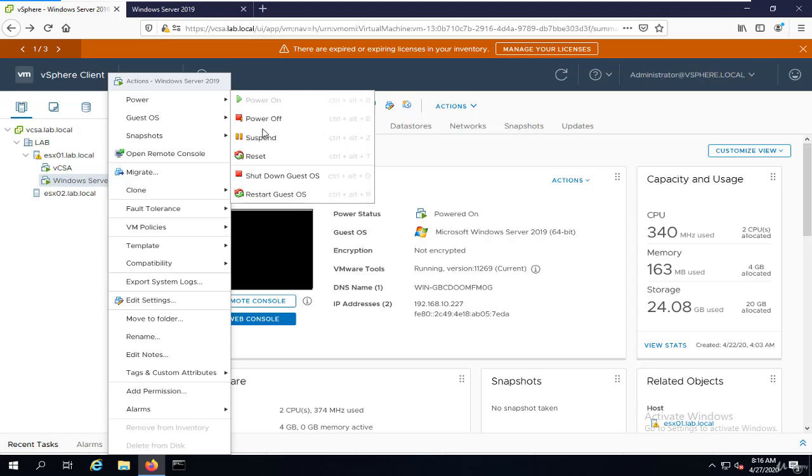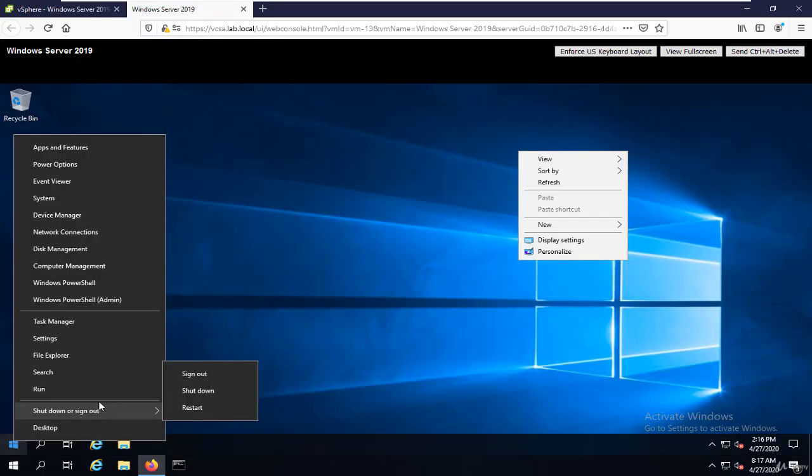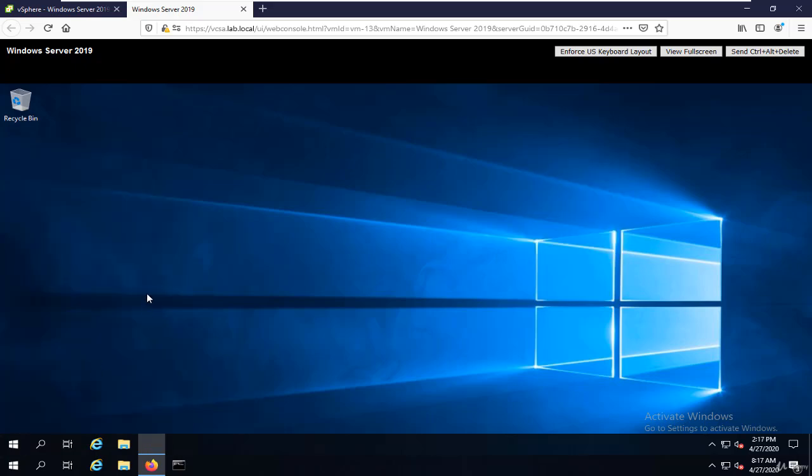Be careful about using these above options, power off, reset and suspend, unless you have a problem that would justify using them. So you're not going to use these options unless your server has a problem, or maybe you didn't install VM Tools. In some cases, you will see that these two options are not accessible. Simply try to log into the server, and if you cannot even shut down the server from the shutdown option here, just go to CMD